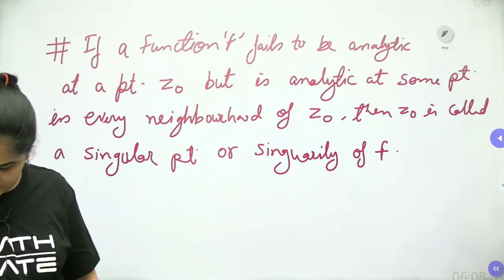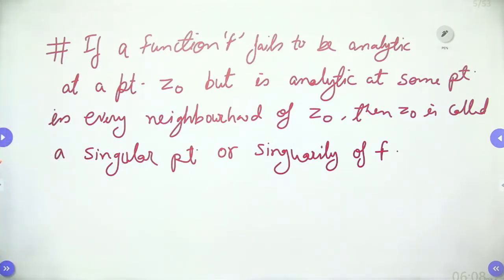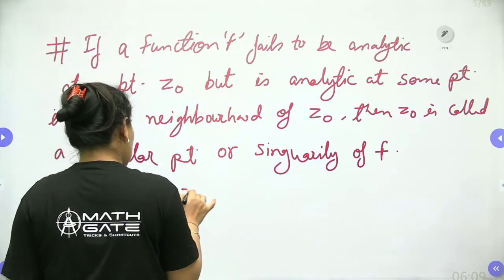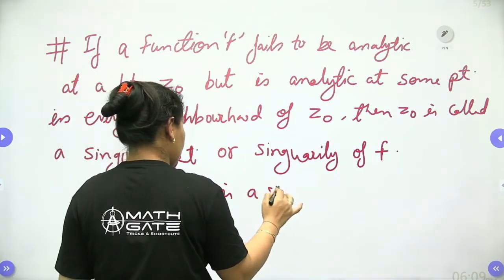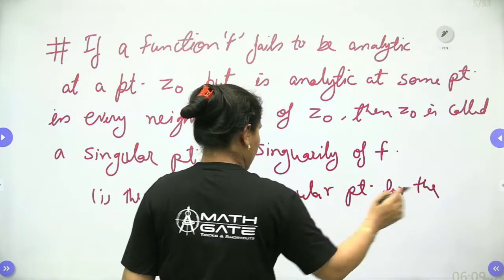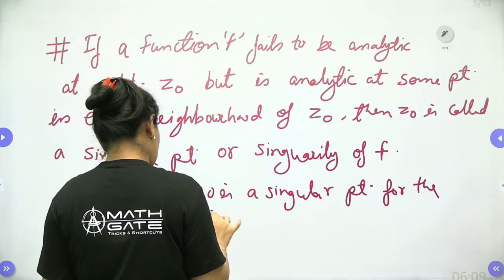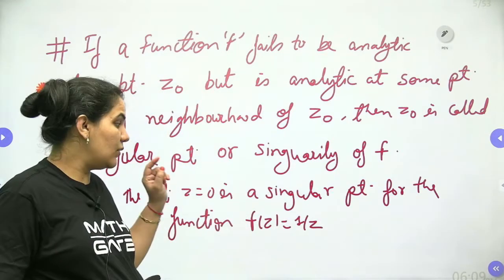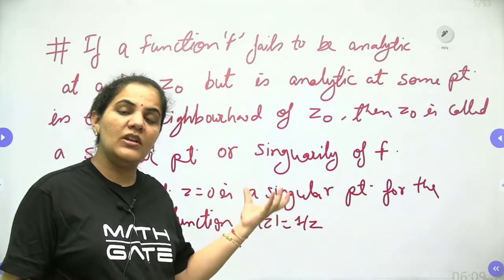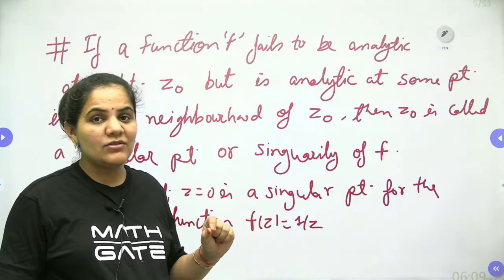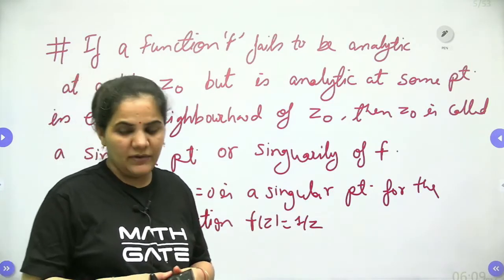Okay, so I think it's very simple to approach how we can go for this one. The point z equal to 0 is a singular point. Suppose I have a function, let me write down an example. The point z equal to 0 is a singular point for the function f(z) = 1/z. Here you can easily approach. We are doing the same thing: we put the denominator equal to 0. When we put the denominator of f(z) = 1/z equal to 0, it means z = 0. That z = 0 is called the singular point of the given function, right?